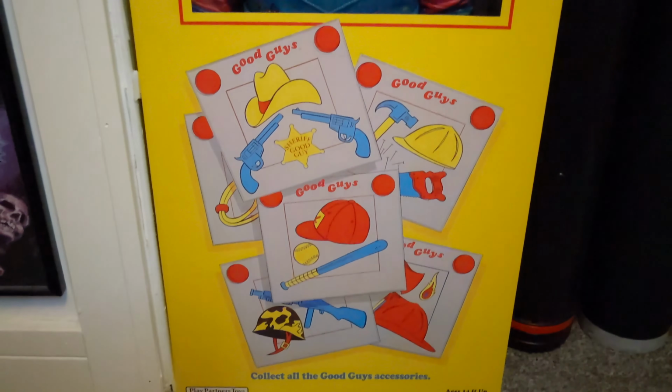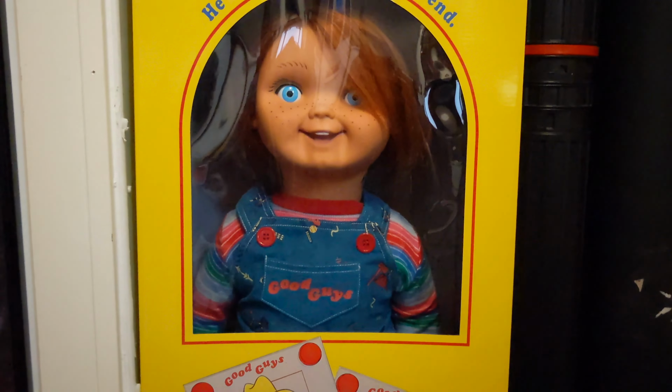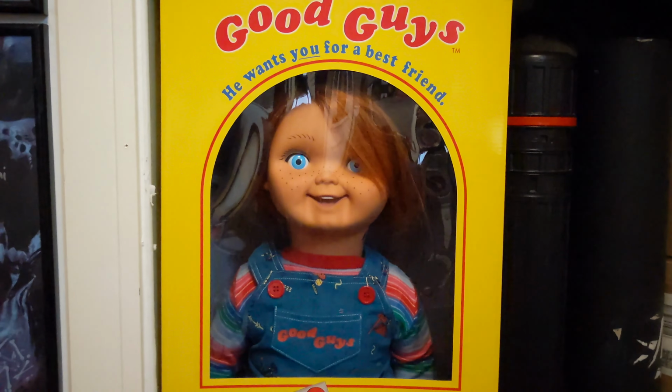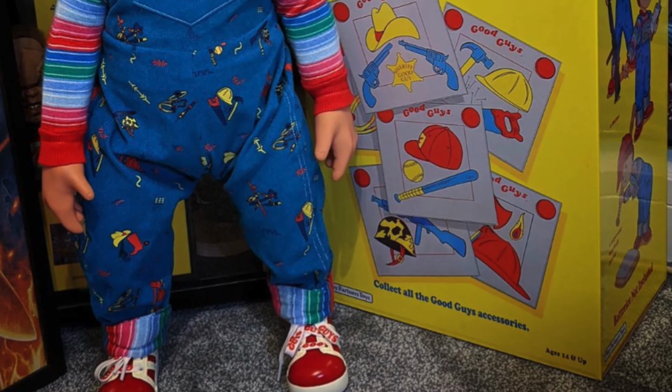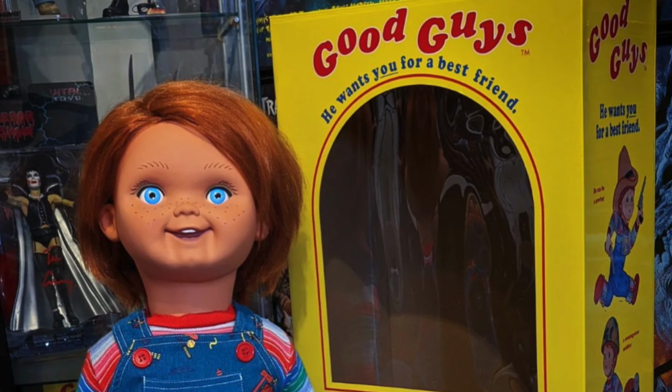Man, Child's Play was the movie that got me into horror, and I still remember being a little kid and wanting a screen-accurate life-size Chucky doll really bad. Years later, that dream was finally accomplished thanks to Trick or Treat Studios, making this thing a reality, which I'm very thankful for. They did a magnificent job replicating the good guy doll in quite immaculate detail,